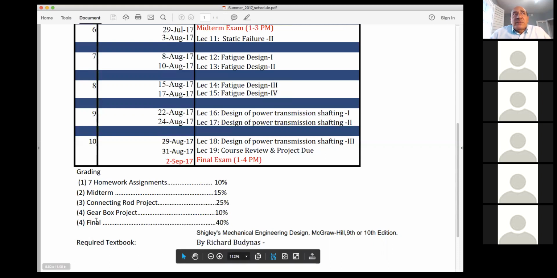And then we have also the final, which is 40% of the grade. So it's not a major part. It's less than 50% on purpose. So you have a good part of the grade on the two projects and on the homework assignments. If you do that systematically, you'll get the majority of the grade. And the part that needs reviewing, memorization, and solutions and so forth would be in the midterm and the final.